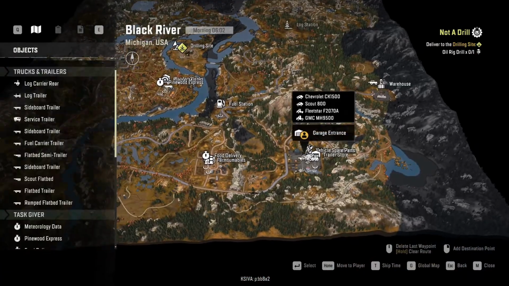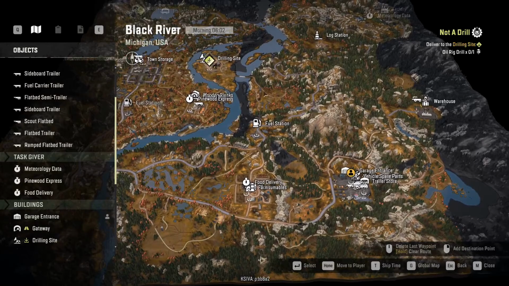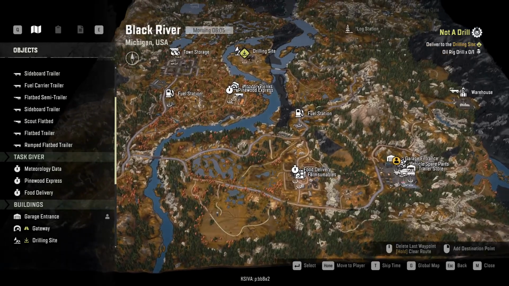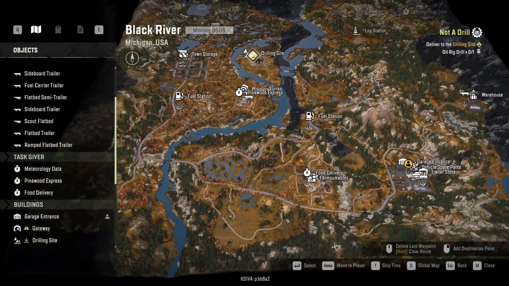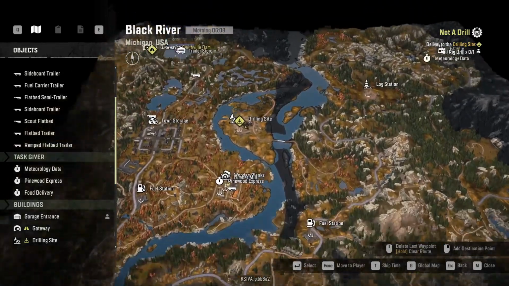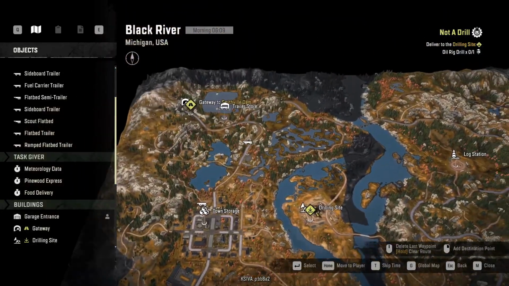So I have a bunch of vehicles, I drive them around, I pull trailers, rescue vehicles out of the mud and stuff because this map's very muddy. Then you have delivery stuff as well. There's all sorts of different missions, and we're not actually going to be doing any of those